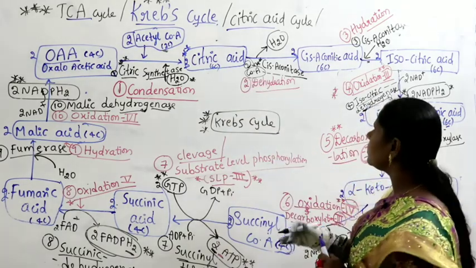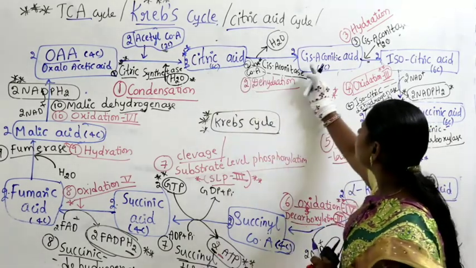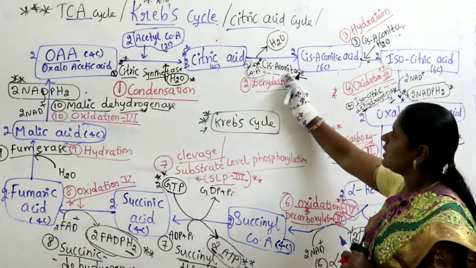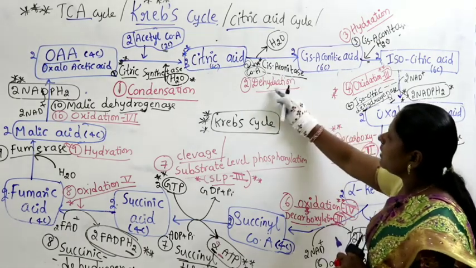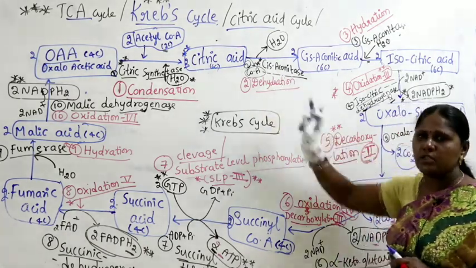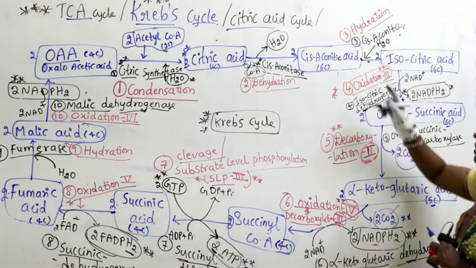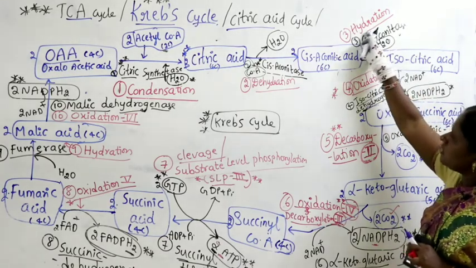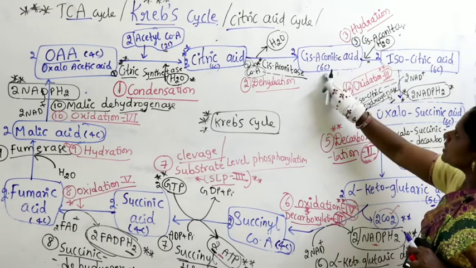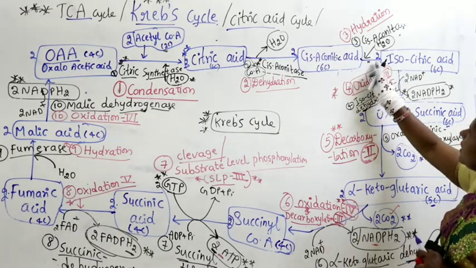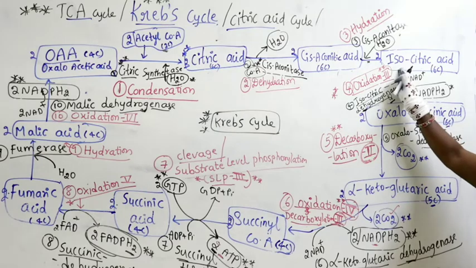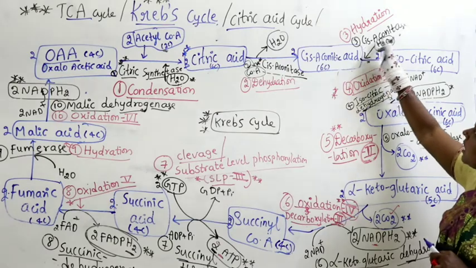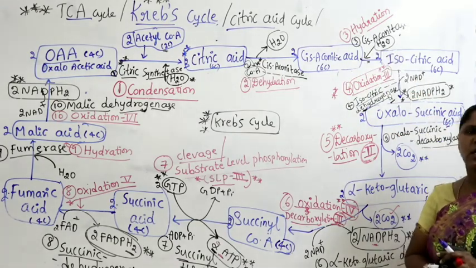Now this citric acid, water goes out here, coenzyme A comes out, cofactor comes out here. Now citric acid converts into 2 molecules of cis-aconitic acid with the help of an enzyme cis-aconitase. Name of the reaction is dehydration. In the next step again water is added, that's why it's called hydration, where cis-aconitic acid, 6 carbons, water is added here, converts into 2 molecules of isocitric acid, 6 carbons. So name of the enzyme is cis-aconitase and name of the reaction is hydration.